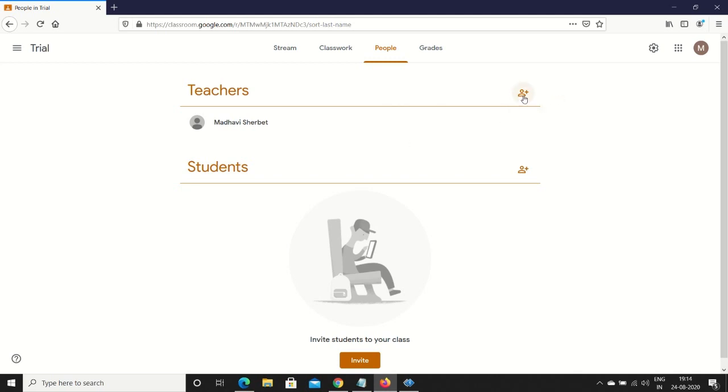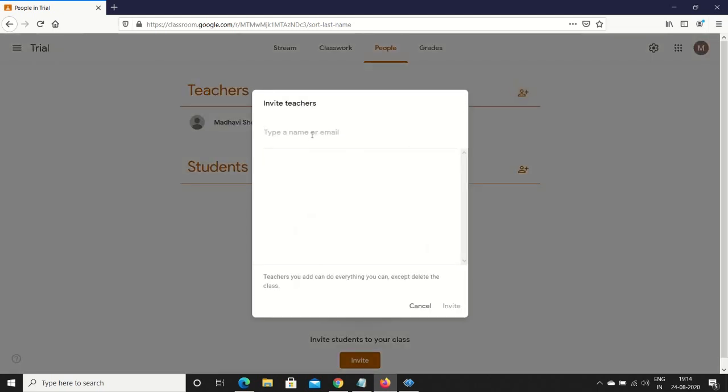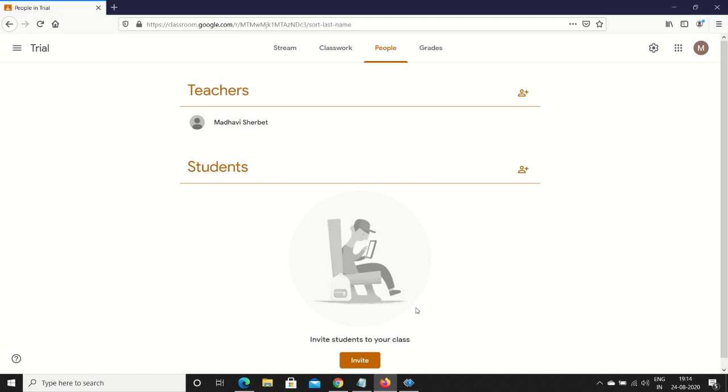You need to click the plus sign in front of the teachers section here, and then add the teacher's email ID to invite that person as a teacher. So you can have more than one teacher managing the same set of students. Each teacher can then create their own assignments, own question papers, and send them to all the same students.